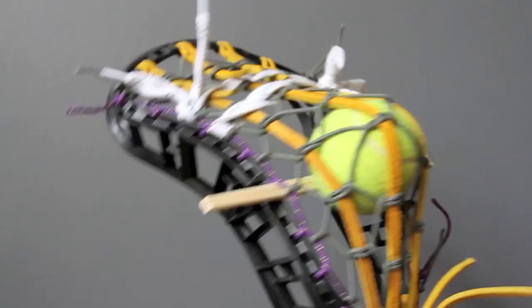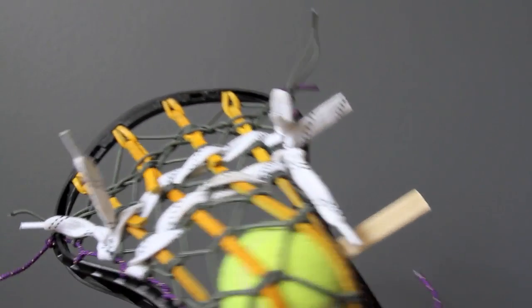Instead, if you end up having a real deep pocket up top because this is loose, you're going to run into that hook problem. And 99% of the time, if you have a traditional stick that's hooking, that's your problem. It's not that your shooting strings are off or anything else is wrong with your stick or that it's strung poorly. It's that your string up top is too loose. So my big recommendation is to put a ball in with a chopstick where you want the ball to sit and then tighten up that top. It may take a little bit of time to break in again, but it's going to be well worth it. It's going to keep your stick from lipping, and it's going to give you a much more consistent and accurate